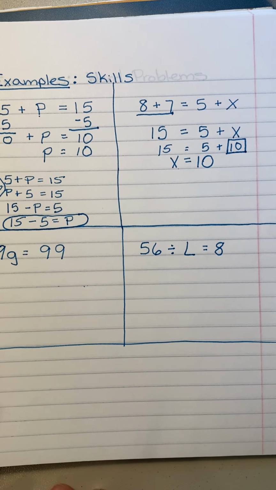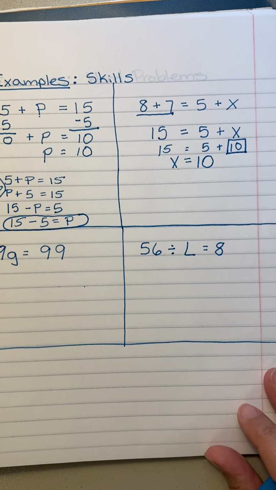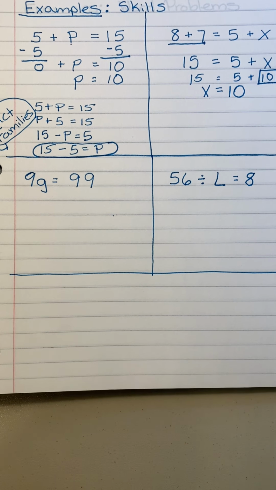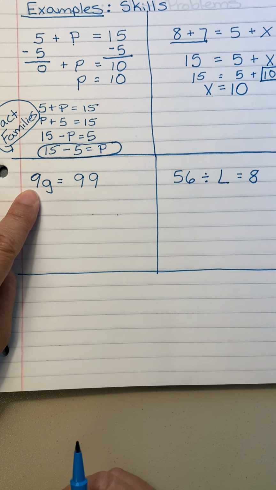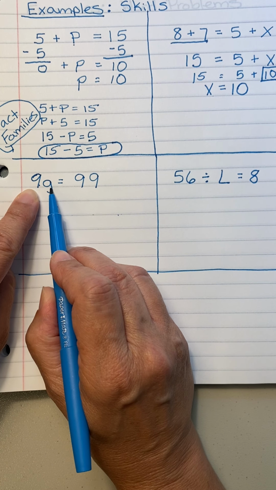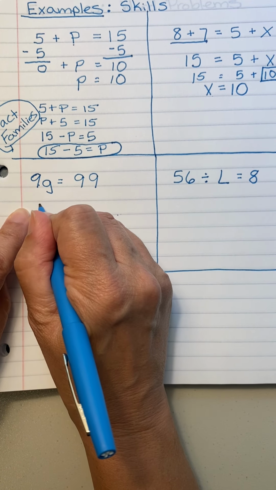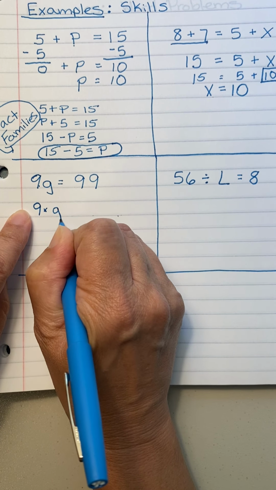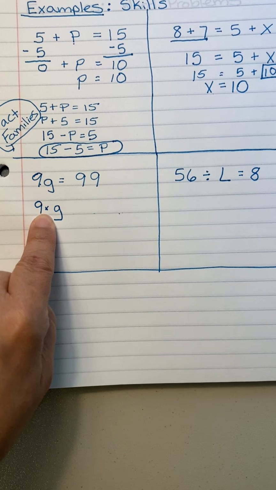Those are two examples when we're using addition or subtraction. Now let's look at some examples if we're using multiplication and division. First thing we have to remember is that if you have a number next to a variable, it means to multiply. You can see why it's not favorable to write the times sign, because now we have an x,